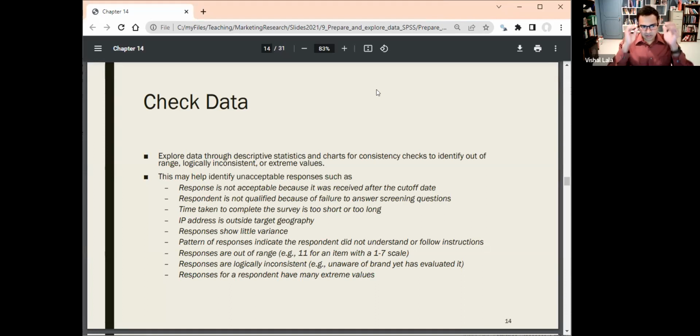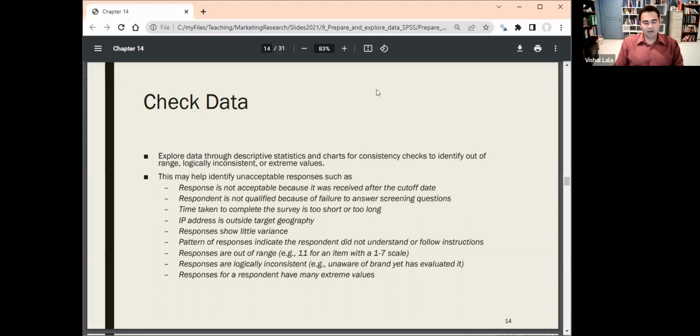There are many examples of this, some that might be addressed by looking at things like timestamps or date stamps for your survey. Was the survey completed after the cutoff date? Did the respondent take too short or too long to complete the survey? If you are using a typical online survey software, you'll typically get IP addresses of the respondents. If the IP address seems to be outside of the target geography, this could well be because the person is using a VPN, but it's also equally possible that the person is outside of the area, and therefore you should